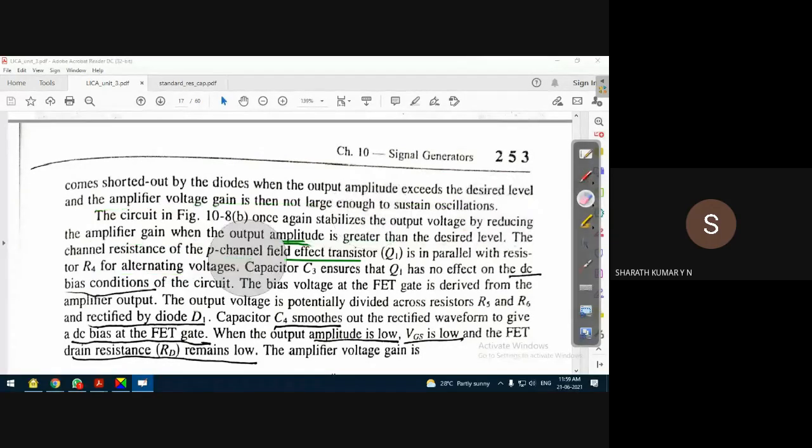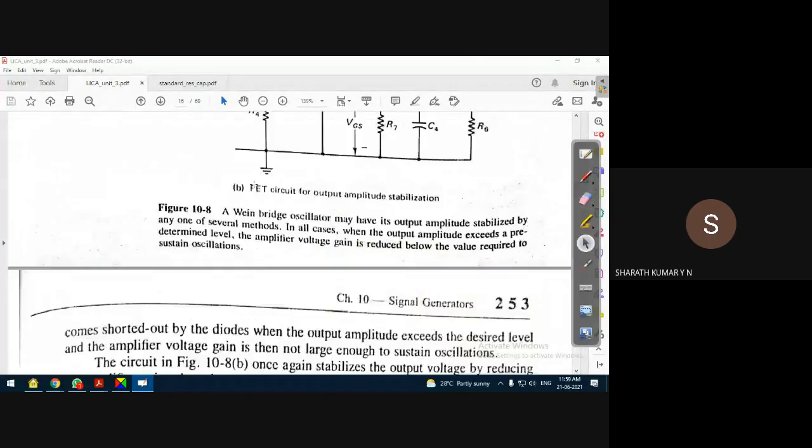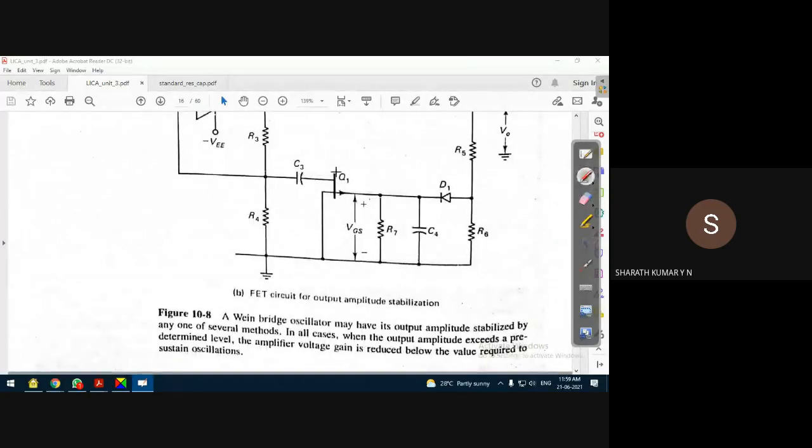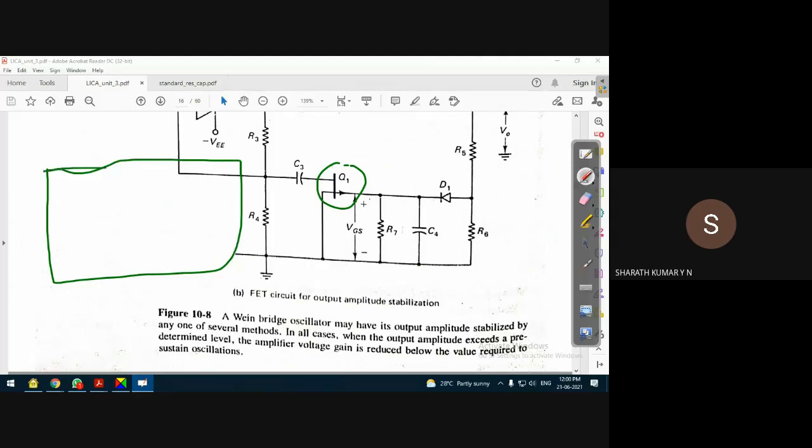What does this mean? Let's observe this network. This FET has a channel. Of course, you have studied this in your ADC course also. In a field effect transistor there is a source terminal and a drain terminal. There are junctions, regions: source region and drain region. Between source and drain there is a channel, so this region is the channel.